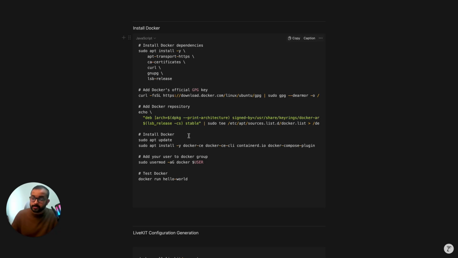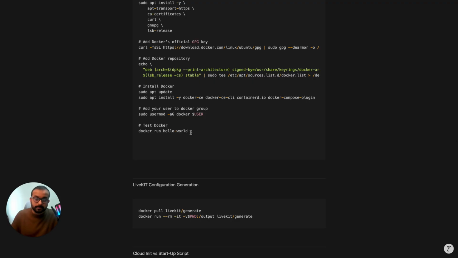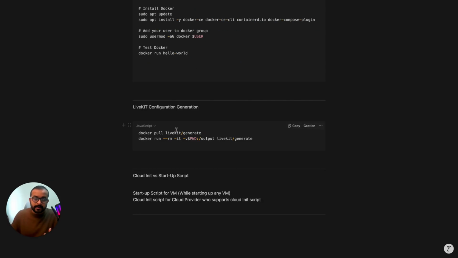Now I hope you have installed Docker and you have been able to run the docker run just to test your Docker is running and everything. So the very next step is we will actually go ahead and install LiveKit, and gladly LiveKit provides a Docker container to generate the configuration beforehand, which you would need to run the instance, which is really awesome, I would say. So this is basically the command that you have to run to be able to generate